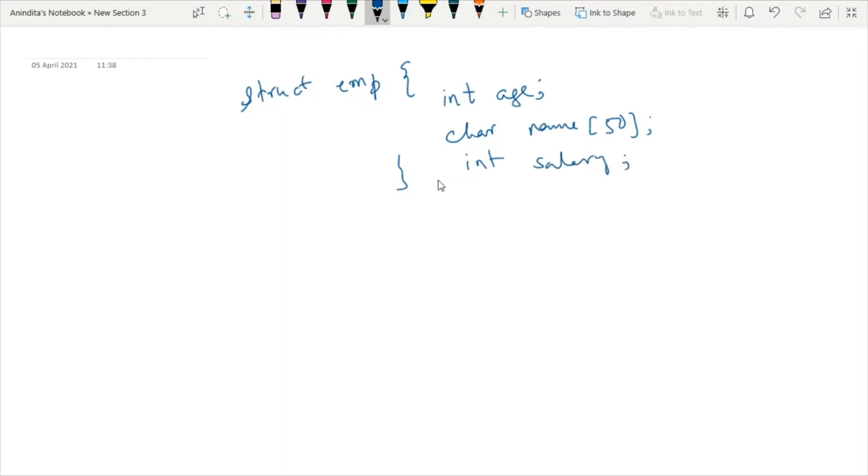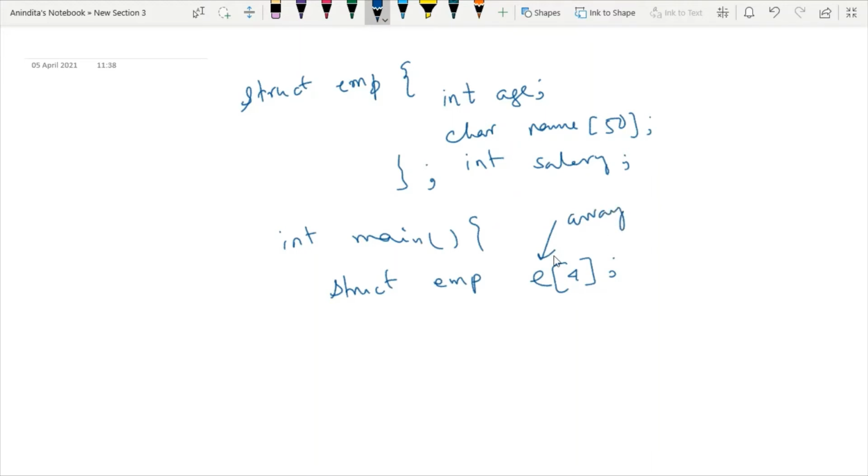At this point of time, I need to store details of many employees. So inside main, instead of writing a single structure variable, I will define one structure array, say E of 4. So E is the array of type struct emp and 4 is the size of the array.